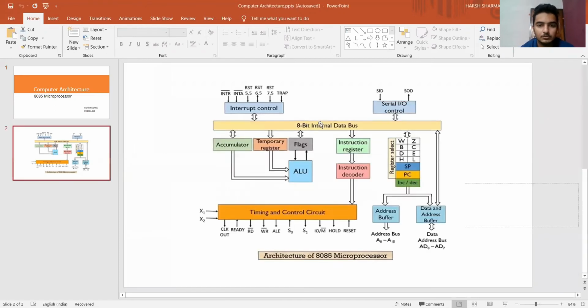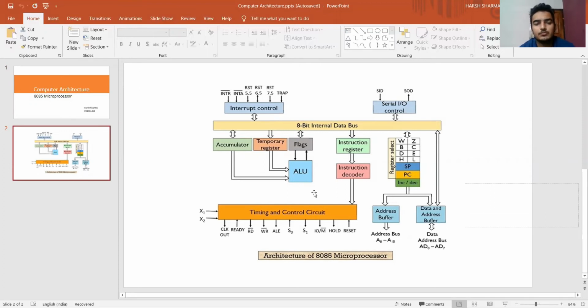So let's begin with our 8085 microprocessor. This is the block diagram of the 8085 microprocessor. First we will discuss the block diagram, and after that we will discuss the pin diagram. First of all, I want to tell you that